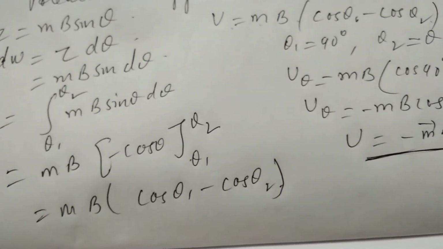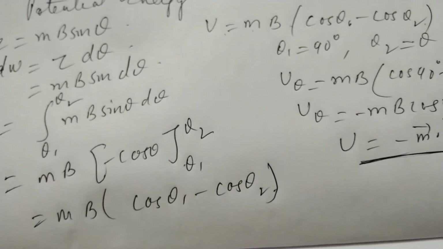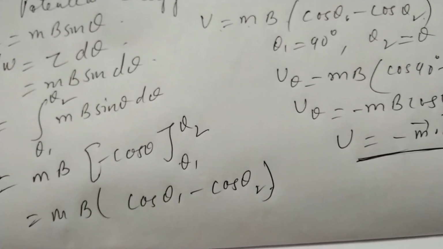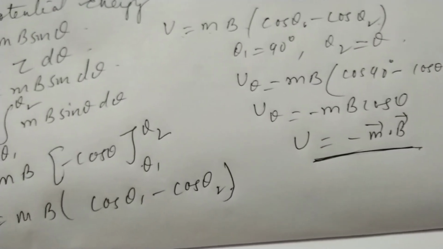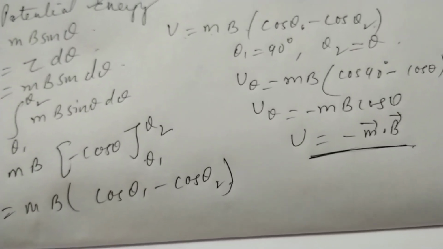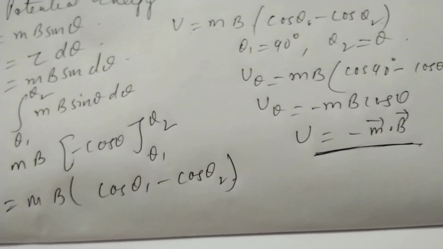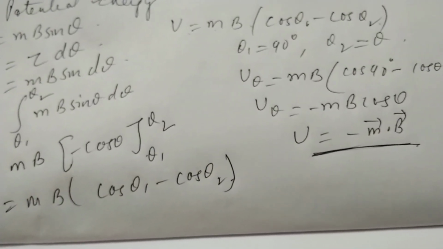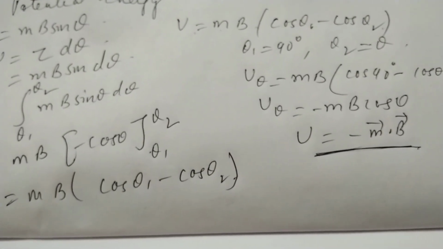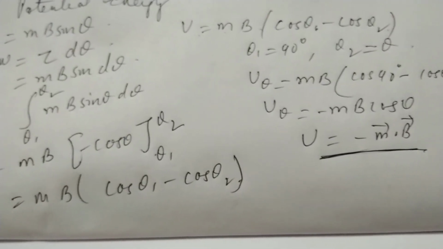If we take the orientation theta 1 as 90 degrees and theta 2 as theta, we get U theta equals m B cos 90 degrees minus cos theta, and finally U theta equals minus m B cos theta, or U equals minus m vector dot B vector. This is what we have got for the